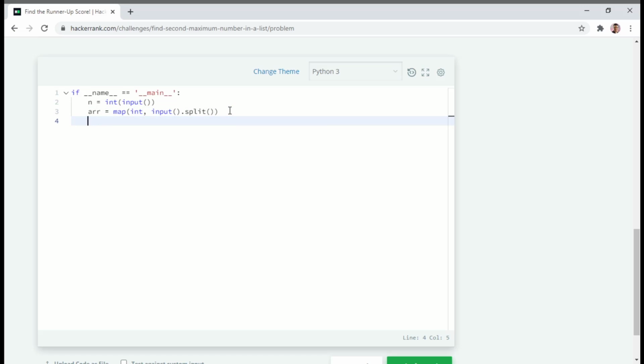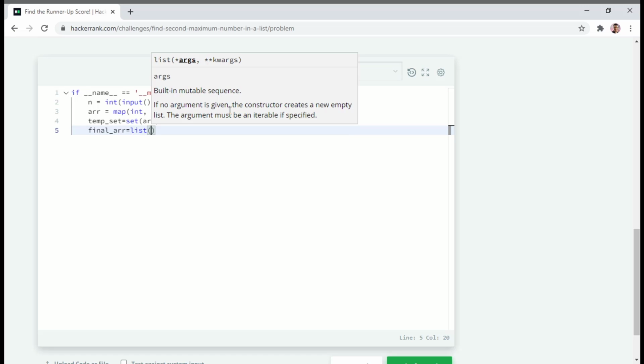So let me define a set, a temporary set. Why we are using a set, I will tell you in a minute. You will get to know in a moment why I am using the set variable. And again converting it into a list.